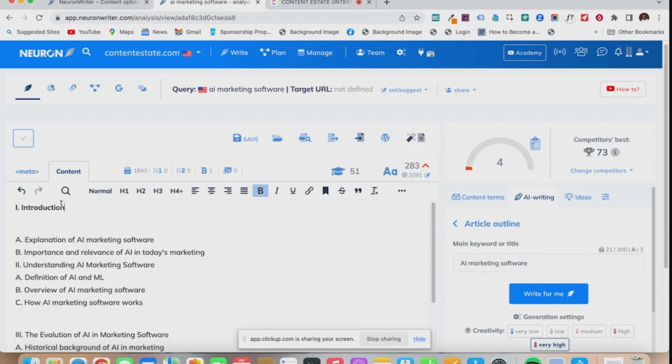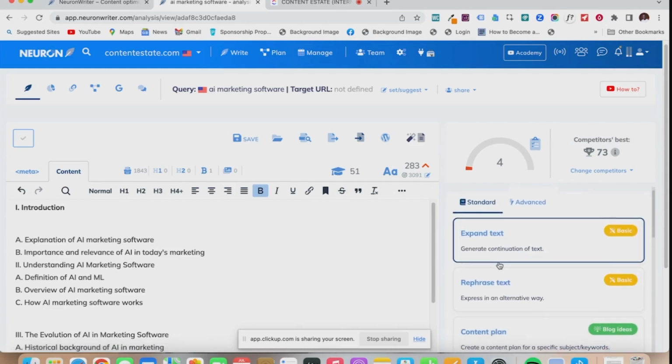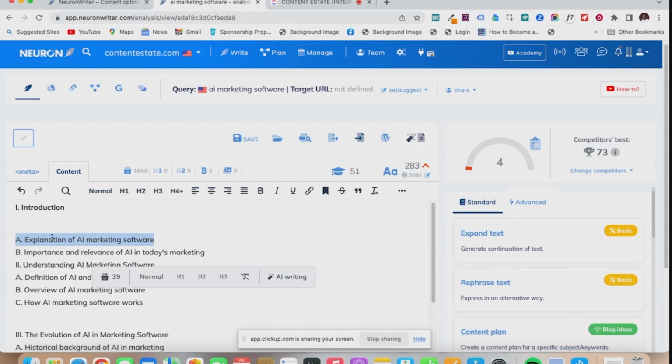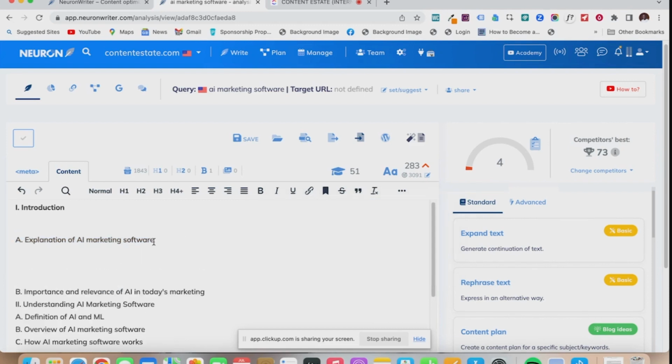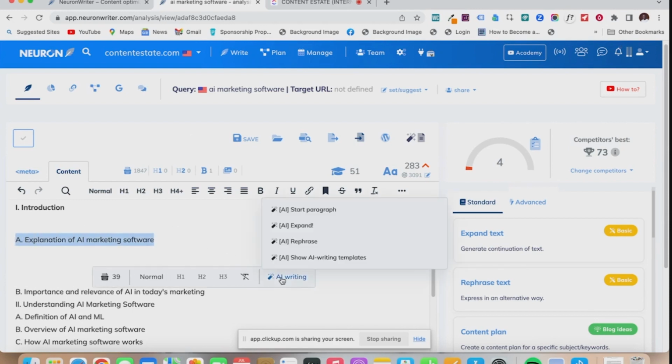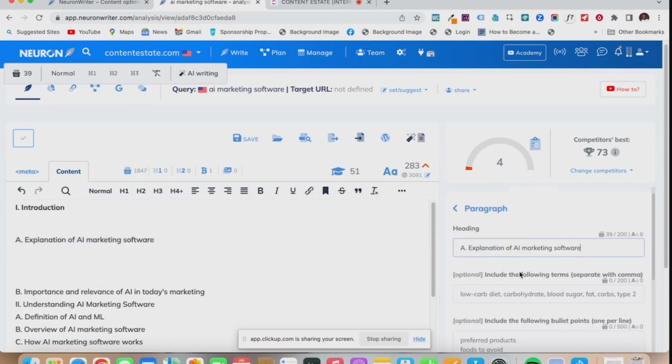Now, there are two ways you can use the AI writing tool. You can either create a complete long form article, or you can select each of the headers, and then you ask NeuronWriter to help you out by either starting a paragraph, expanding on a paragraph, rephrasing what you've written, or show AI writing templates. Now, for this case, I would ask NeuronWriter to start this paragraph. So once we click on start paragraph, NeuronWriter would open up this window at the right hand side